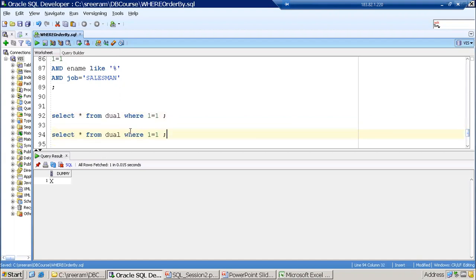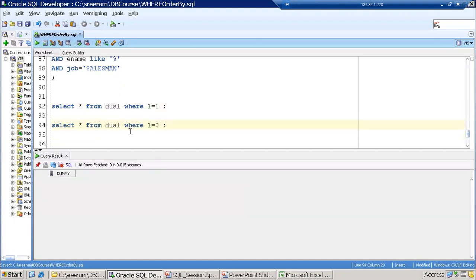Let us write one more thing. Select star from Jewel where 1 is equal to 0. It will not retrieve any data. Why? It's a false condition. We are not clearly telling which rows should not be shown, but it is just not showing any rows. Even though this where condition is not based on any column of your table, why is it not retrieving any records? The reason is your total condition is false. When your total condition is false, it doesn't evaluate your from clause or select clause. It doesn't bother about displaying any data because your total condition is equal to false. That is the reason it is not displaying any data.